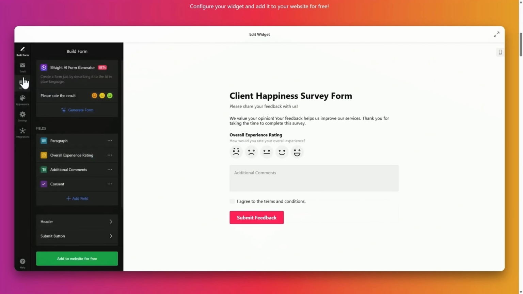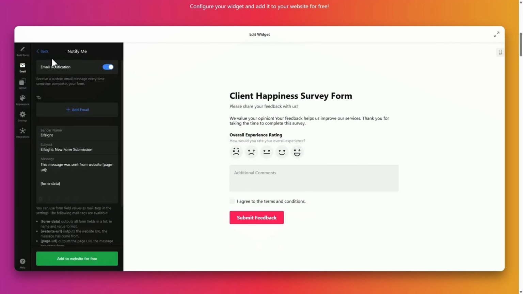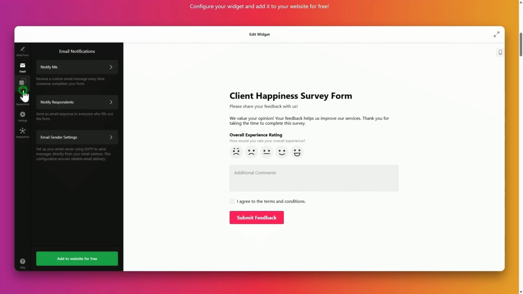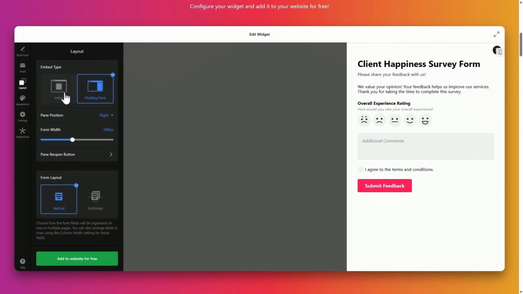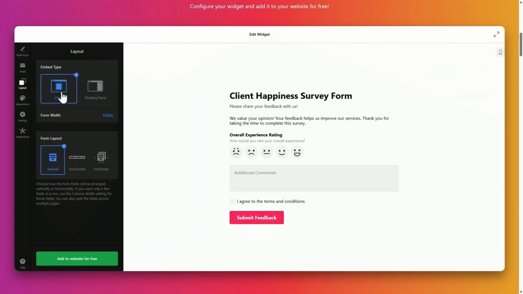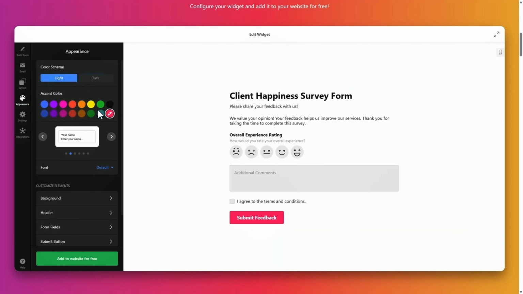In email, set up notifications for yourself and automatic replies for respondents. Open Layout to choose the embed type, adjust the form width, and select a vertical, horizontal, or multi-step layout. In Appearance, pick a light or dark color scheme, set an accent color, and choose a font to match your